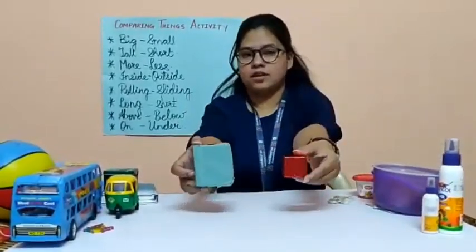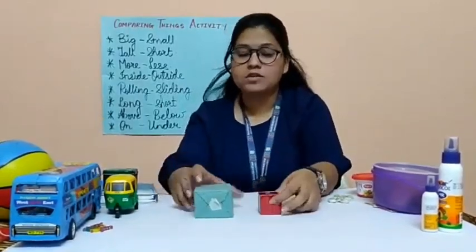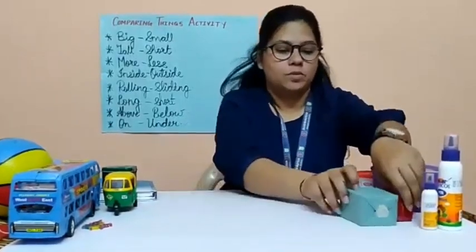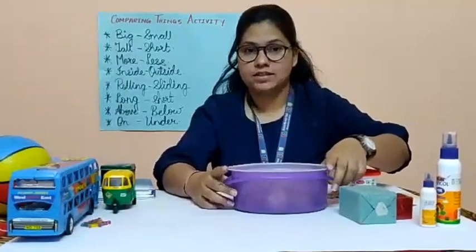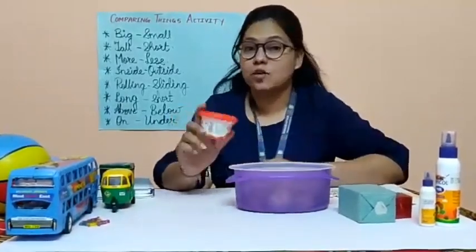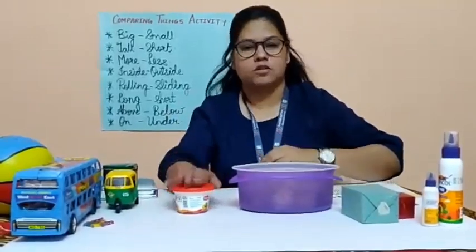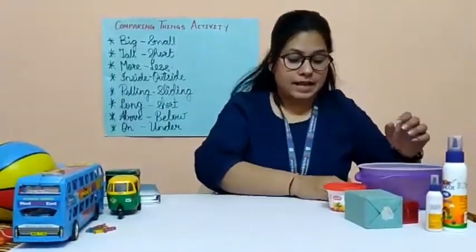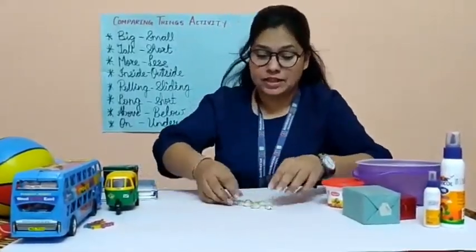What is this? 2 boxes. As you can see, this is a small box and this is a big box. Very good. One more example. Lunch box. One is a big box and another one is your favorite jam box. Yes or no? Small box. So this is small and this is big. In the same way, I have shared with you the example of pens, the number of pens, yes or no?